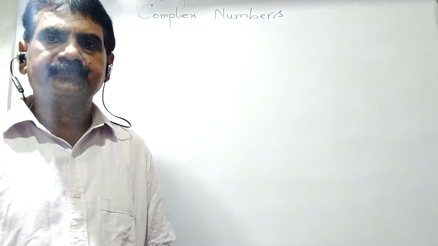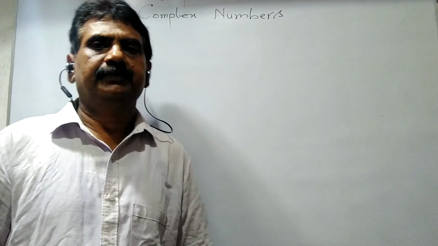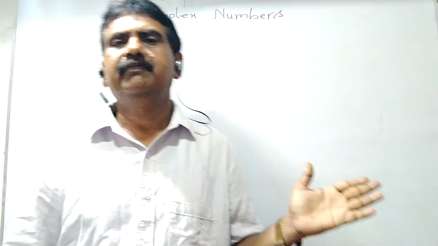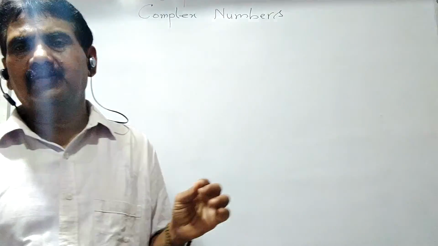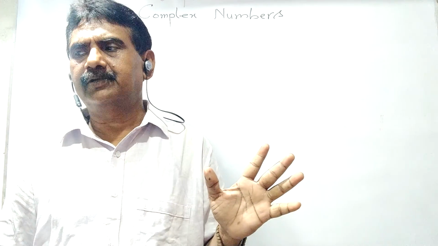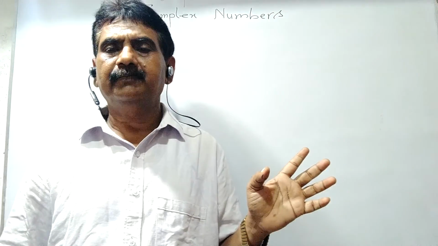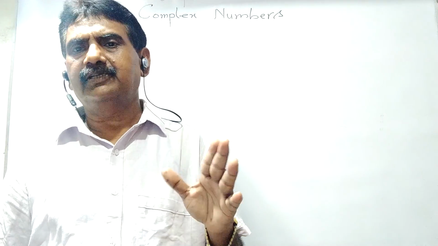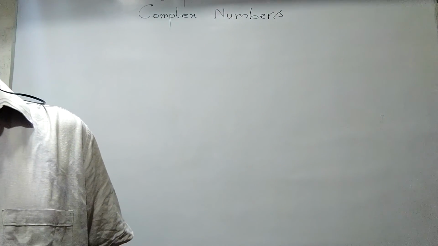Okay, students. Now here we are again at complex numbers. In previous class, what have we studied? We have studied the concept of complex number. What is a complex number? What is iota? How can it be added? What is the real part? What is the imaginary part? Now we are going to talk about what?